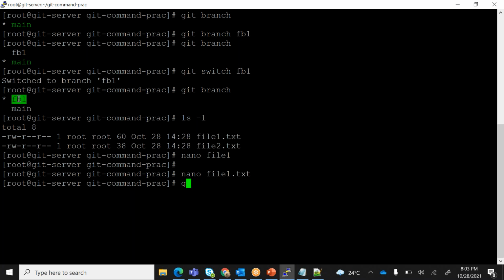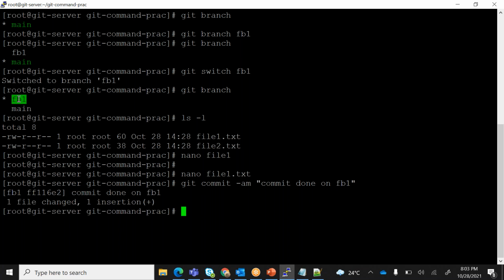So instead of git add, let me just do two in one, commit -a -m. You can give both at the same time, like -a -m or -am. Okay, commit done on FB1. Okay, then it says